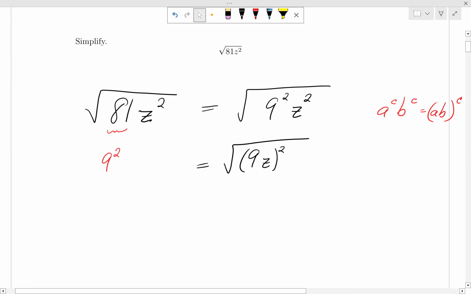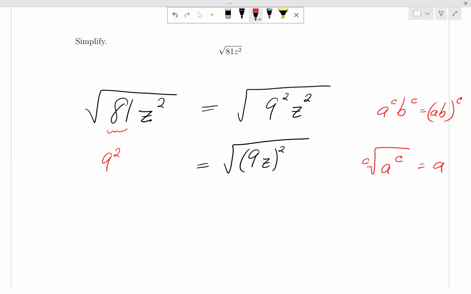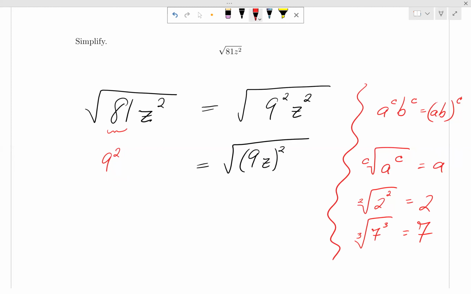All right. And then another property of square roots and squares: in more general, if we have the cth root of a to the c, this is a. So, for example, if we had the square root of 2 squared, we get 2. Or if we had the cube root of 7 cubed, this is 7. All right. So using that here,